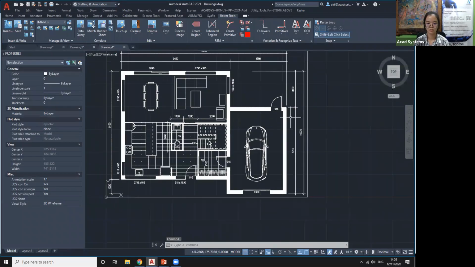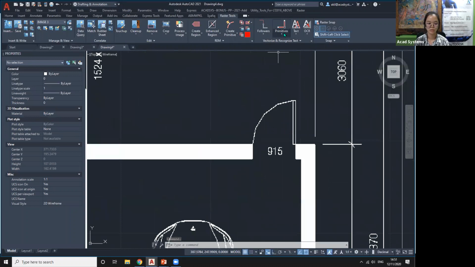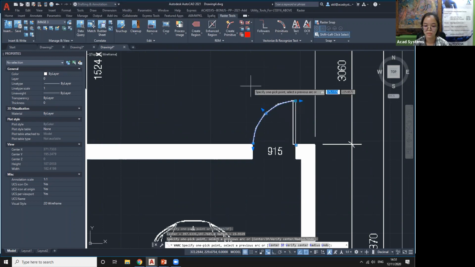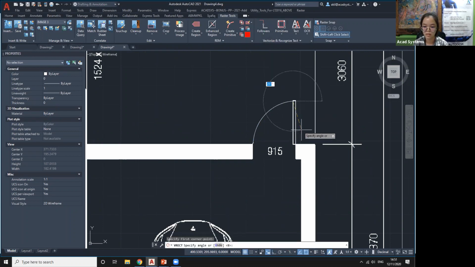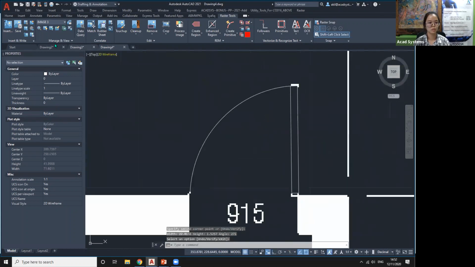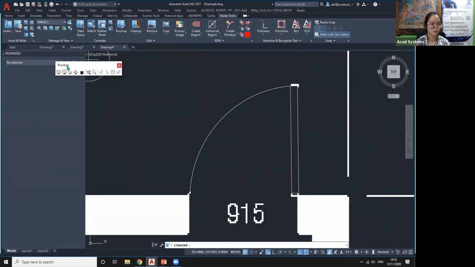Let's say this is a floor plan. So I will use these primitives. Choose arc. And then click enter. Same goes for this rectangle. Enter. So now we use manual touch up to remove the